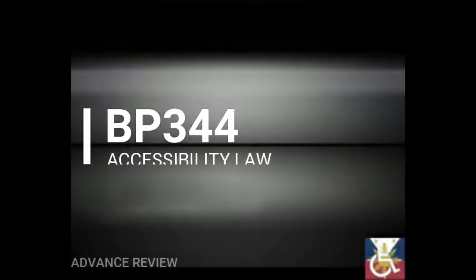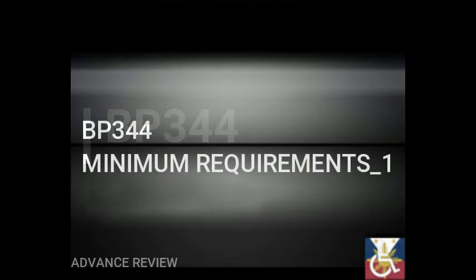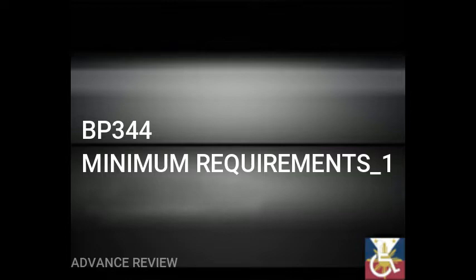BP 344, Accessibility Law, Minimum Requirements for Accessibility. Outside and around buildings. Drop curbs. Changes in level of walkways should be by a drop curb. Drop curbs should be provided at pedestrian crossings and at the end of the walkways of a private street or